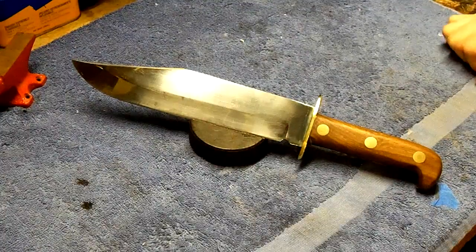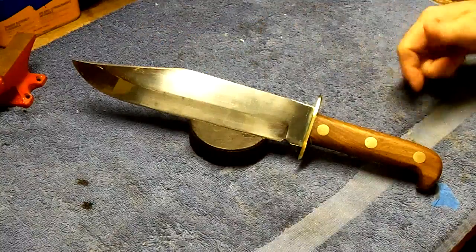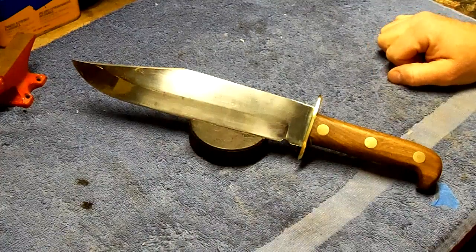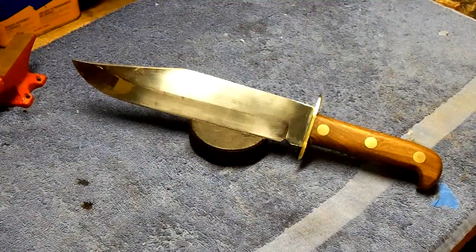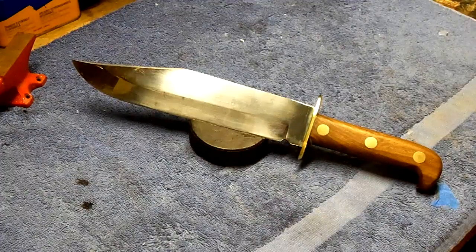Hello, this is John from Western Maine Defensive Tactics, and I'm back again with the Windlass Steelcraft Bowie from Legendary Arms. Now, through a couple of days of use, I've deemed this knife well worthy of some upgrades and modifications. And for a guide, I used Bill Bagwell's Soldier of Fortune article from back in the 80s, Customizing a Bargain Bowie. If you haven't read this article, or if you're like me and you read it a long time ago and don't remember it,